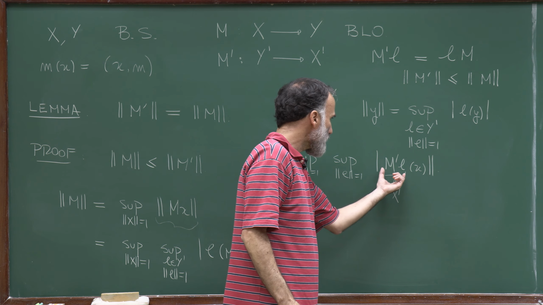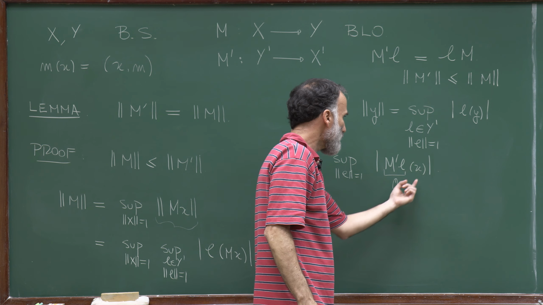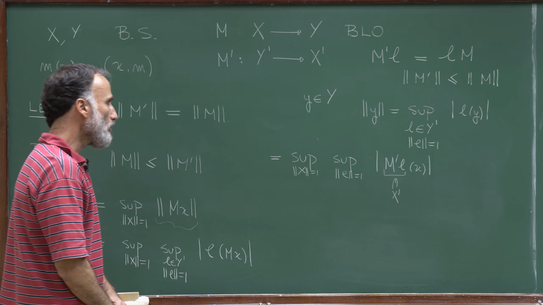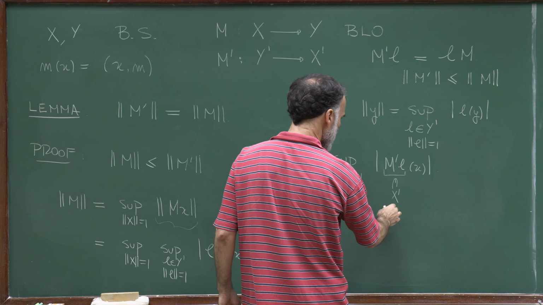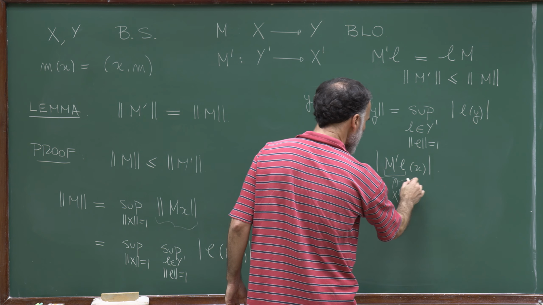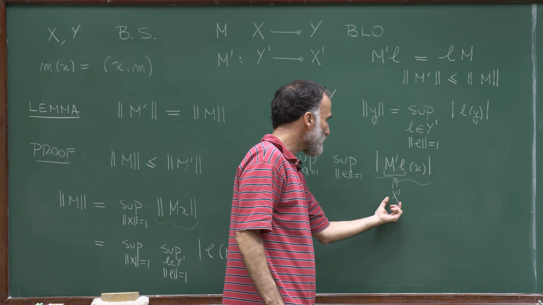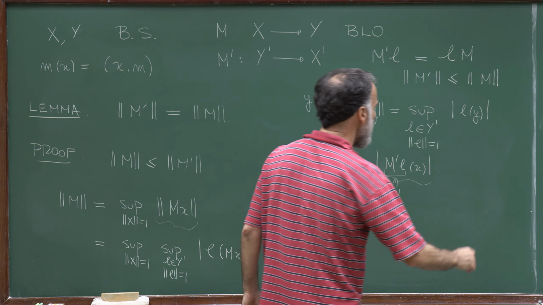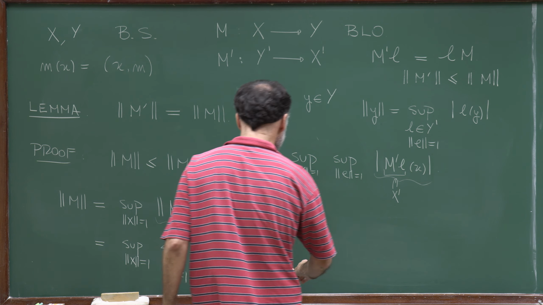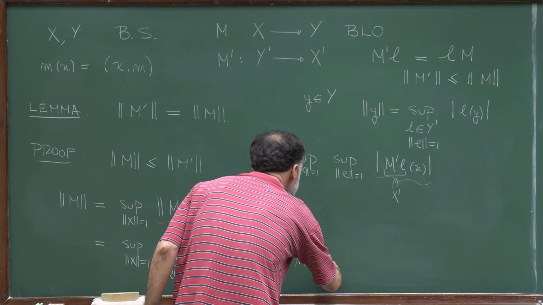And this is the application of this element in X prime to x. Now, as an element of X prime, this expression, M prime L, is an element of X prime. So we know that if you have, let me write it maybe here, if you have an element m of X prime,